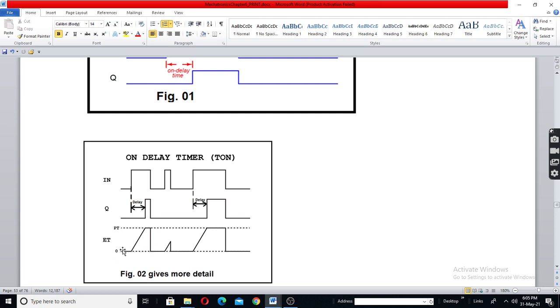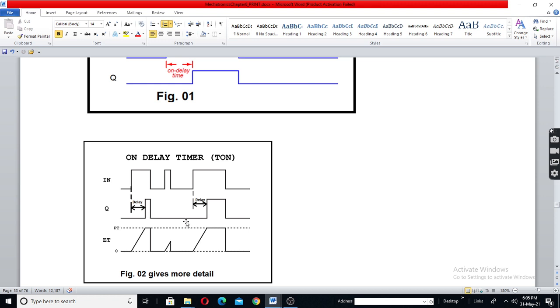The accumulator counts from 0, 1, 2, 3. Then the output becomes high. When the input becomes 0, the output also becomes 0. But if the input remains high only for 1 second, meaning less than the delay, then the output will not become 1.